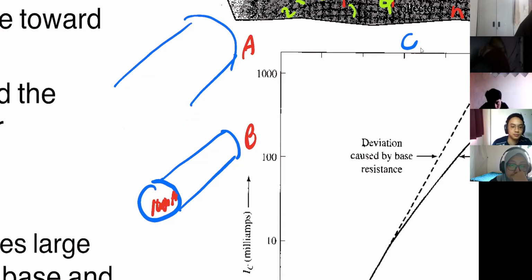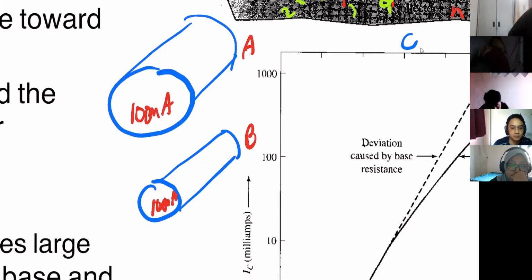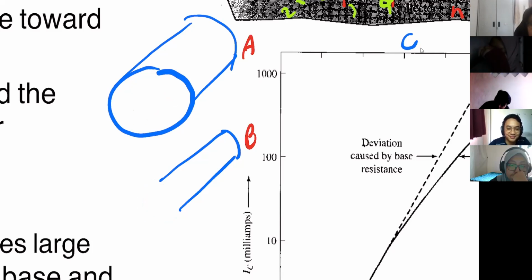Soalan saya yang tak jelas. Alamak. You understand my question? Yes. Current would pass through A much faster compared to B. Much faster. Velocity doesn't depend on the area. The velocity depends on the speed of the carrier and the scattering rate. I don't think so. So what will happen is that